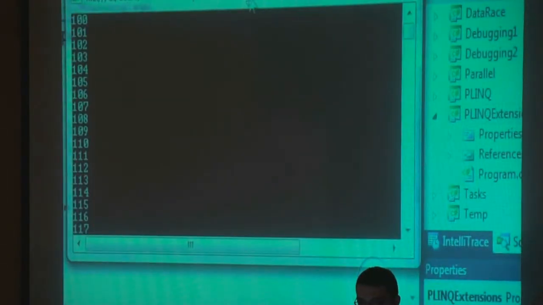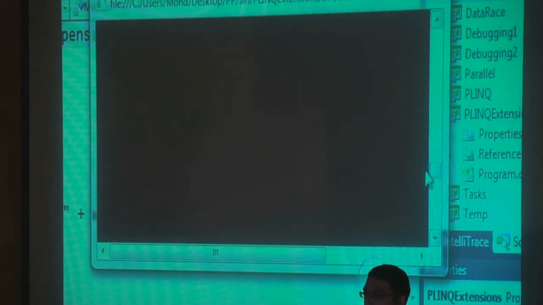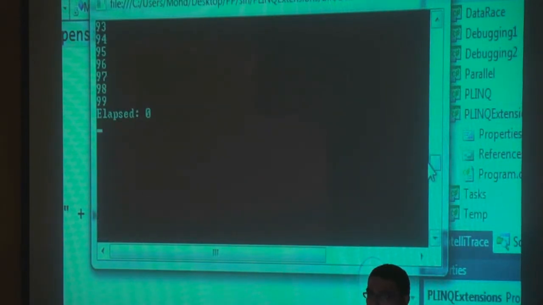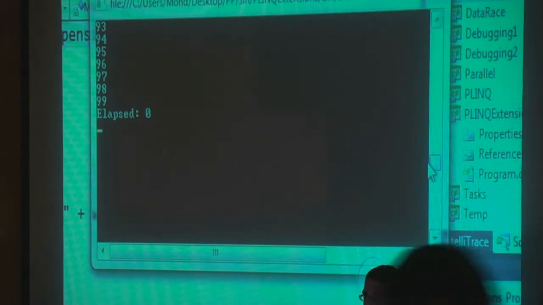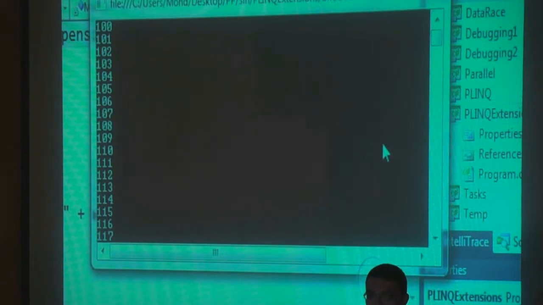It did print from 0 to 199, which is good. But as you can see, I'm having an ordering problem. So it's 100, 101, 9, 156. The order of the loop was not preserved. Okay? Why is this? To explain this, I'll go back to the slides